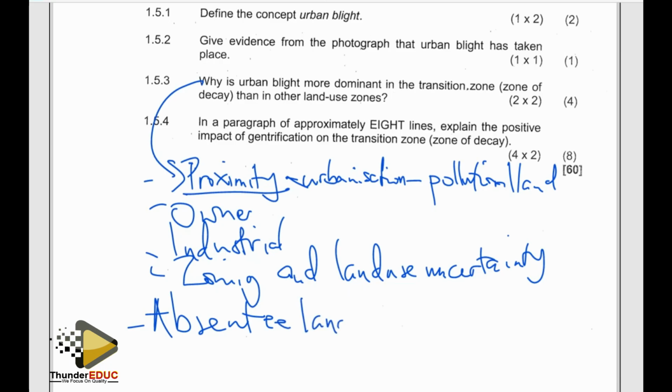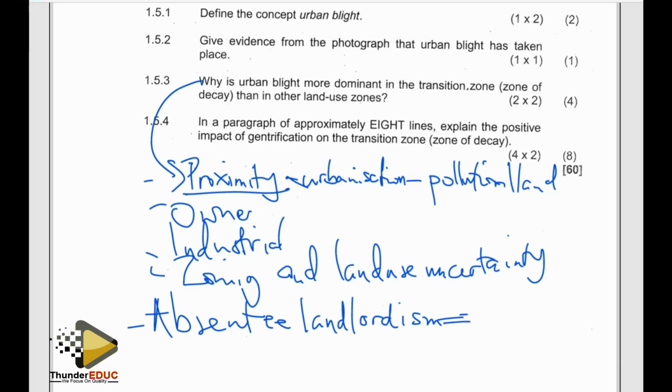Absentee landlordism. Right, we are saying the landlords of these properties, or the owners of these properties, in most instances, they are